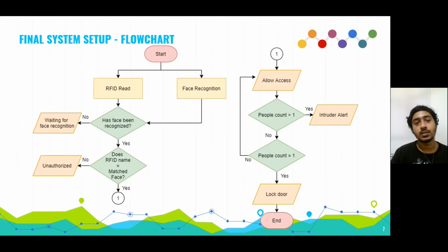This is the flowchart of the final system. First, the RFID is read and face recognition is running to identify the user. If a face has not been recognized, it waits for face recognition. Once the face has been recognized, it compares the name with the RFID name. If the name does not match,